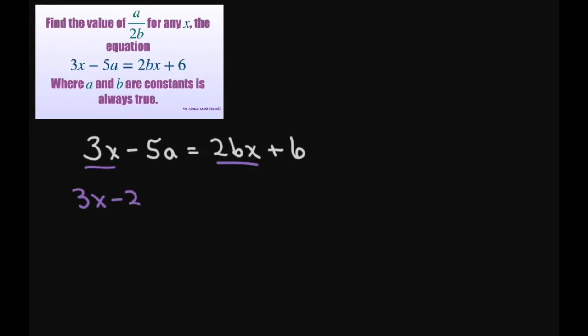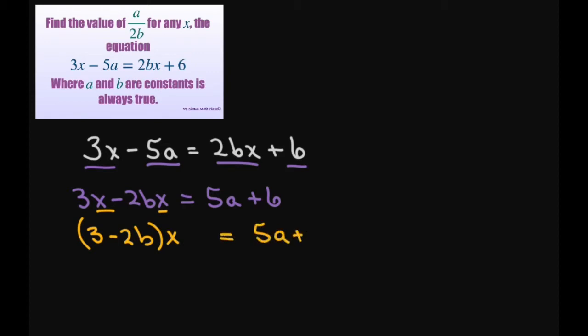Therefore, we're going to write this as 3x minus 5a equals 2bx plus 6. To find a and b, we're going to group our x's together. So we're going to have 3x minus 2bx, and these two will be our constants. So this is going to be 5a plus 6. All right, now I'm going to factor out an x. So we're going to get 3 minus 2b times x equals